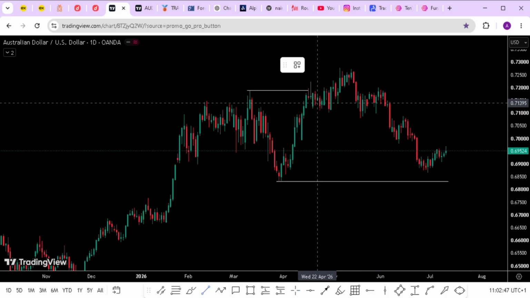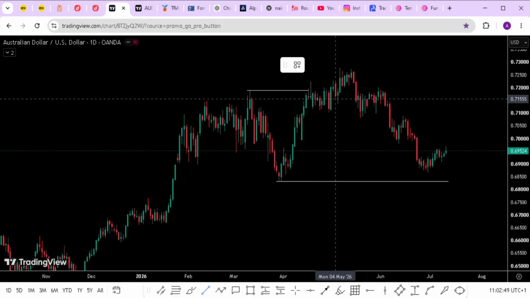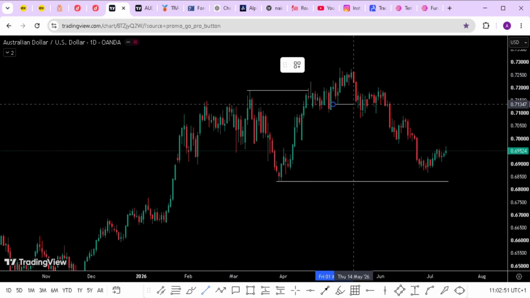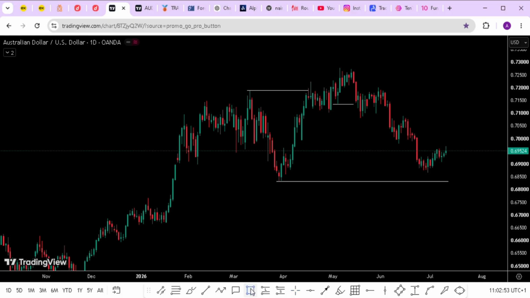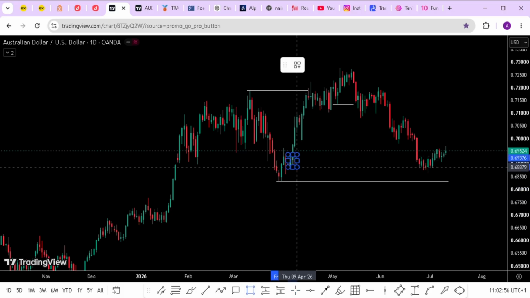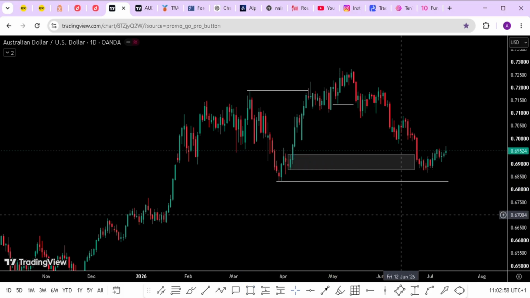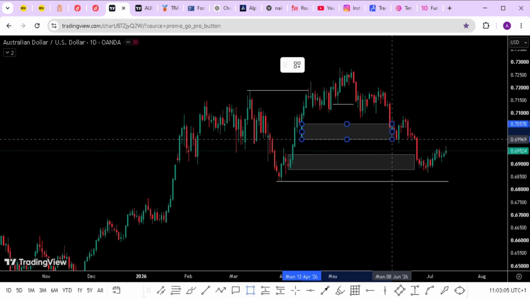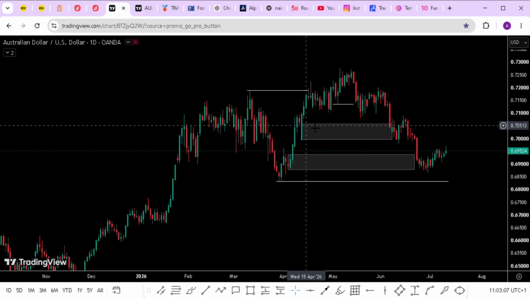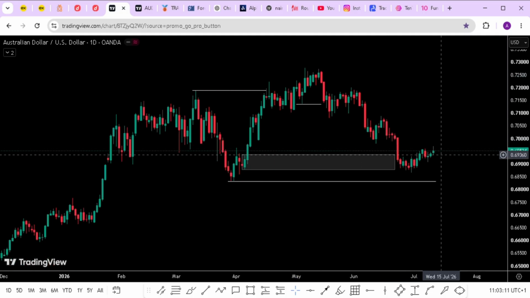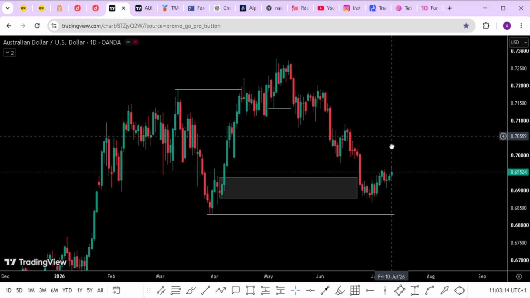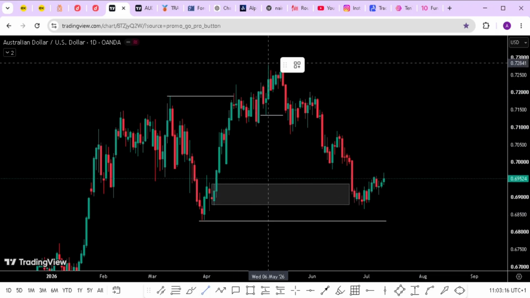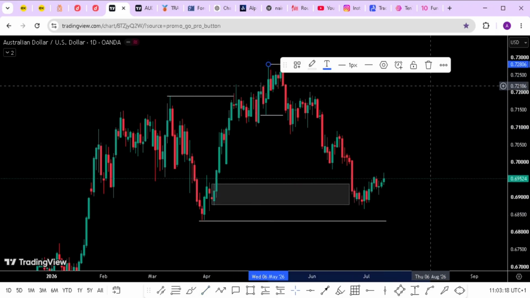Then where is the inducement? If you can see it, this is the inducement that the market created. And if we are to look for our POIs, you can see that this is the extreme POI that the market is reacting from. And then decisional, maybe because of this week. But this has been invalidated, so we only have to deal with the extreme. So now this is the range that we have to trade with on AUD USD.